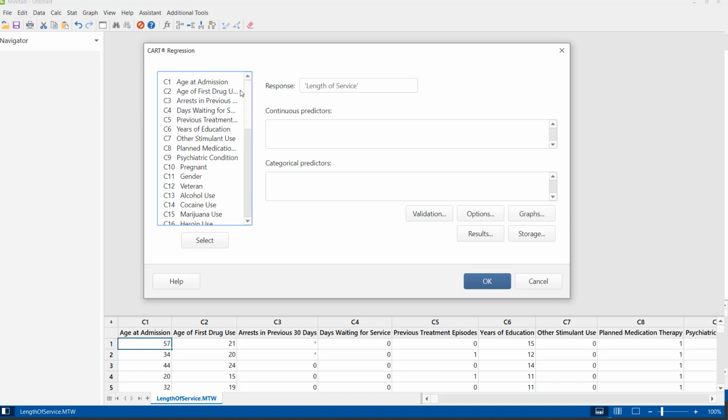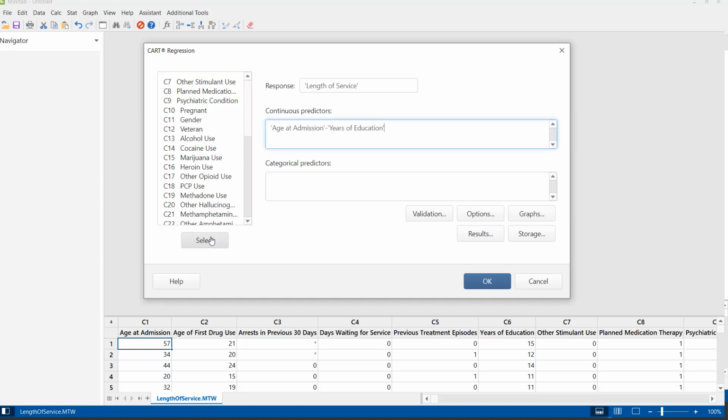We need to select the length of the service as the response variable. In the continuous predictors, I already know these are the continuous predictors, from age at admission to years of education. So just select all of these.